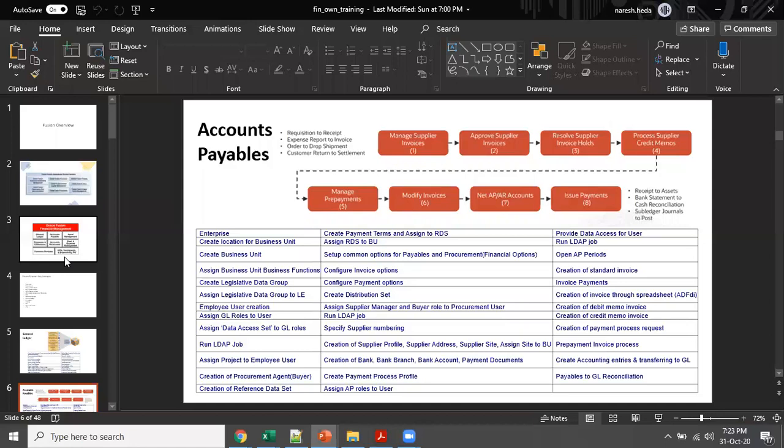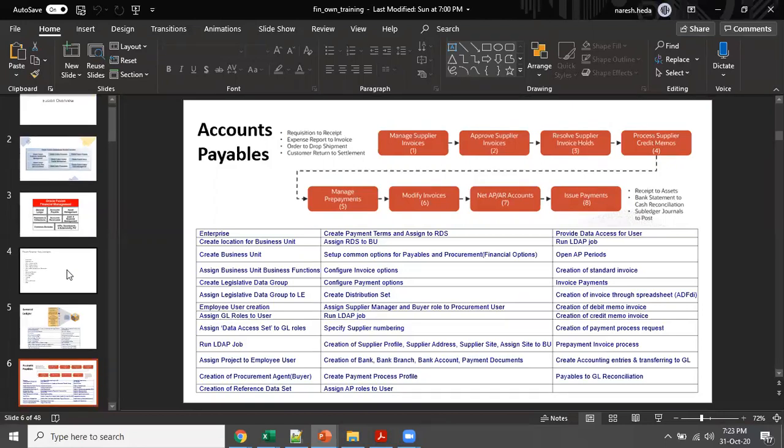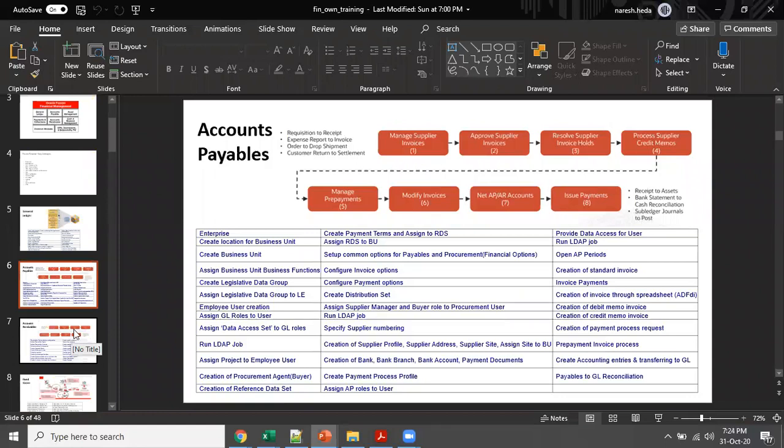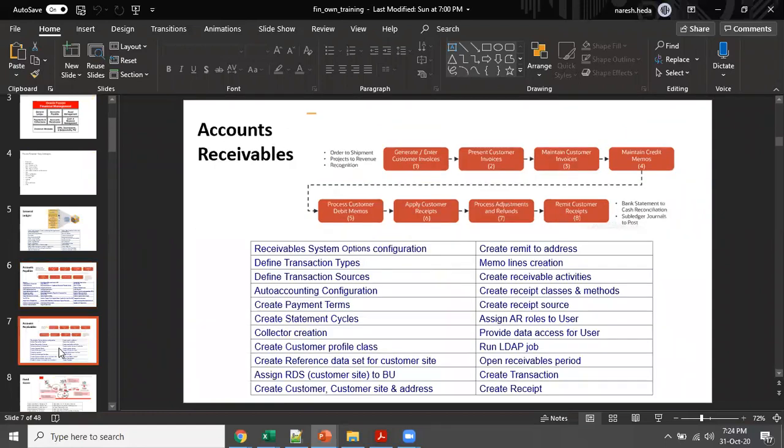And so whenever we do payables or maybe receivables, we will do at least one FBDI cycle also, so that you are aware how FBDI is loaded into the system and how it is processed. Okay. And one thing that we would also be looking at when we do payables, receivables is some reports. So we would be going through some of the major seeded reports that are offered by Oracle.